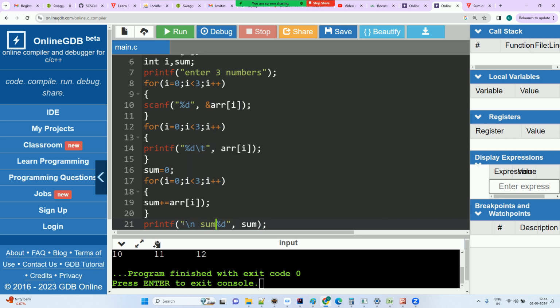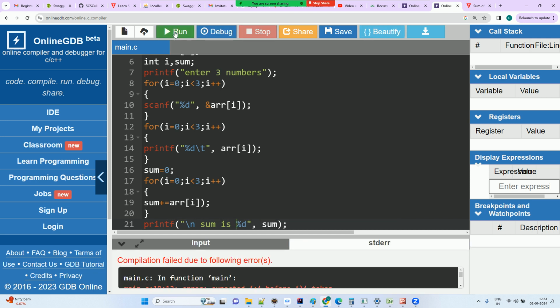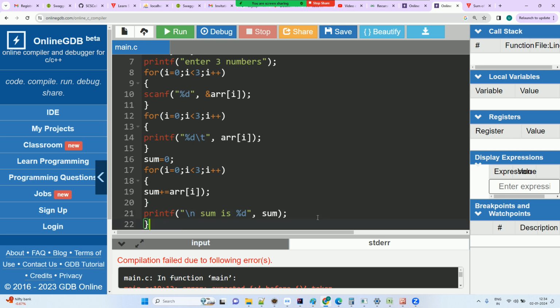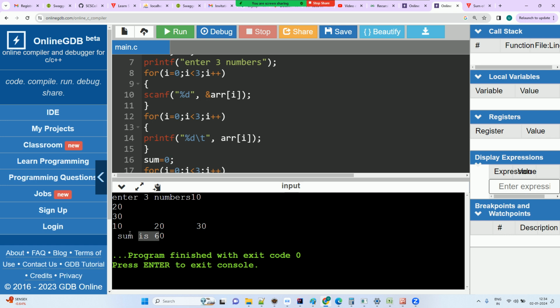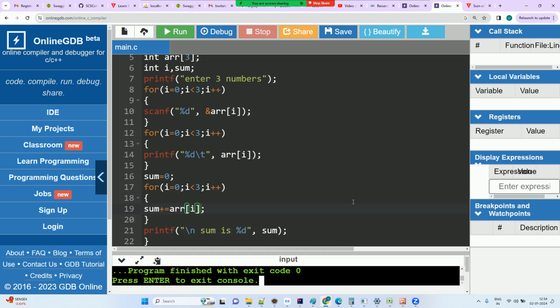Okay, you can say sum is. I say 10, 20, 30. What happened? Okay, we forgot to remove the round brackets. Okay. And now enter the three numbers 10, 20, 30, and it is showing the sum as 60. Getting it? So tomorrow we'll continue the discussion of